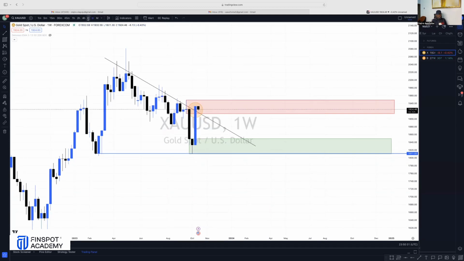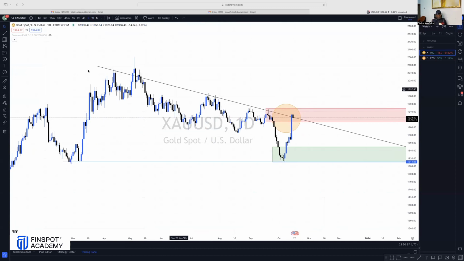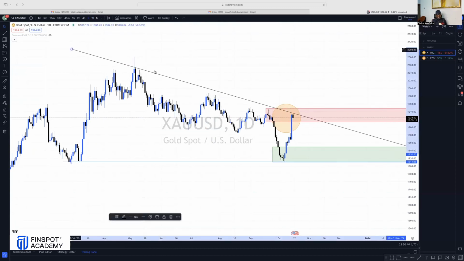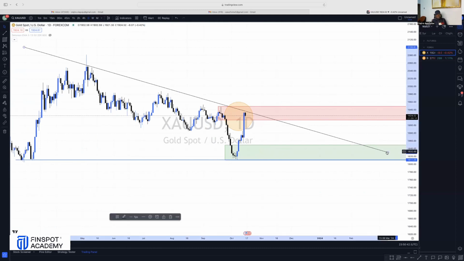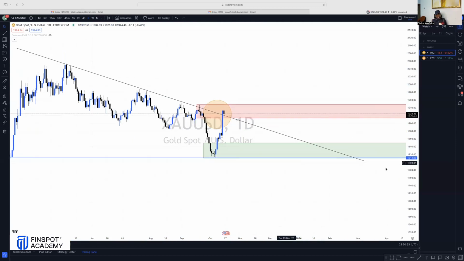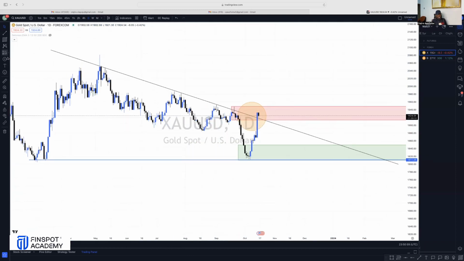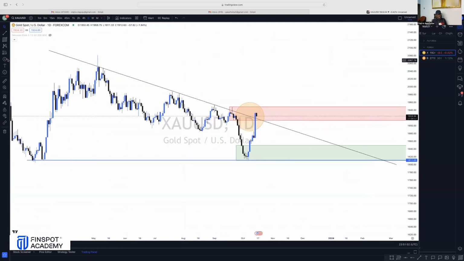But let's go to the daily time frame to see what is going on there. Now, looking at the daily time frame, you can see that obvious. So I can adjust that trend line, right, on the daily, not to violate the body of the candles that I'm seeing on the daily. So this is an adjustment to the trend line, and what I was trying to do here is to ensure that my trend line does not cut through the body, just to make sure that it is